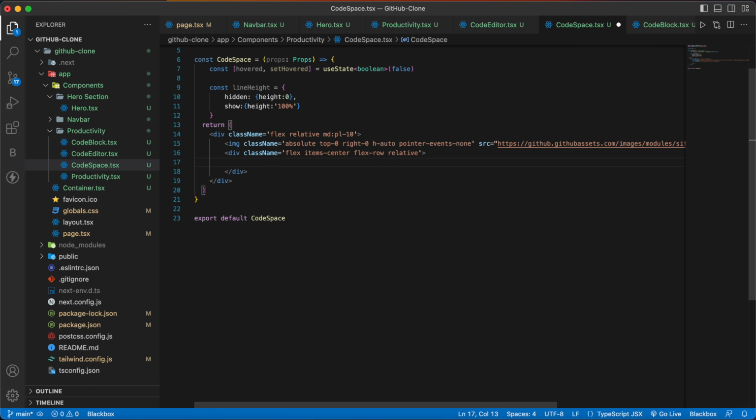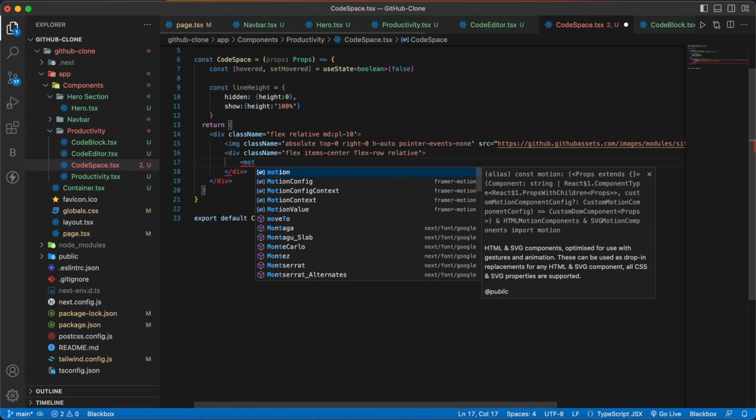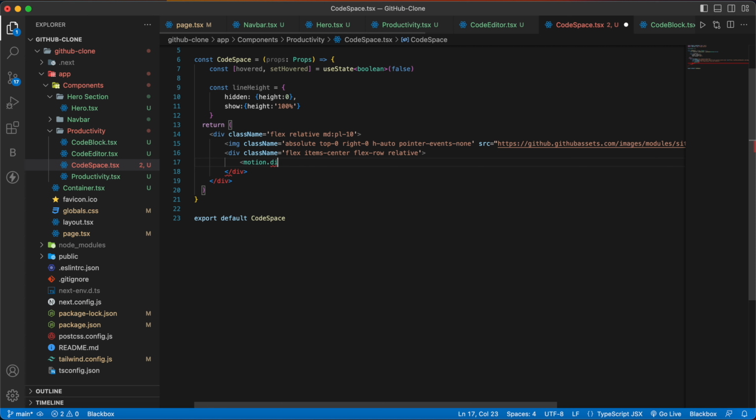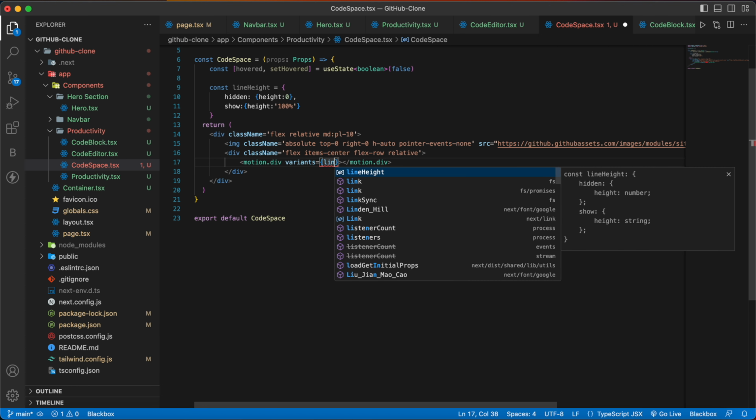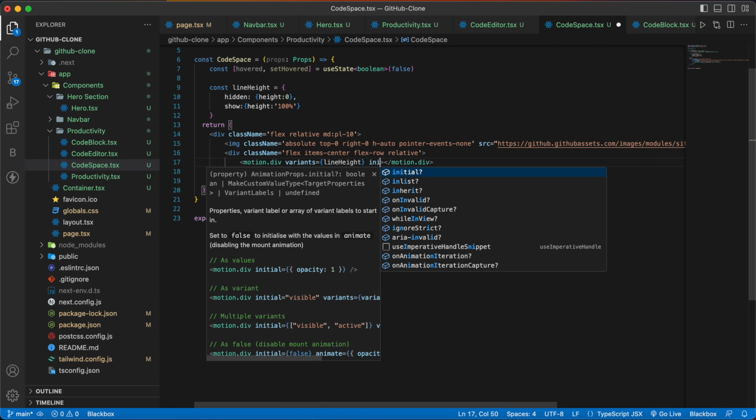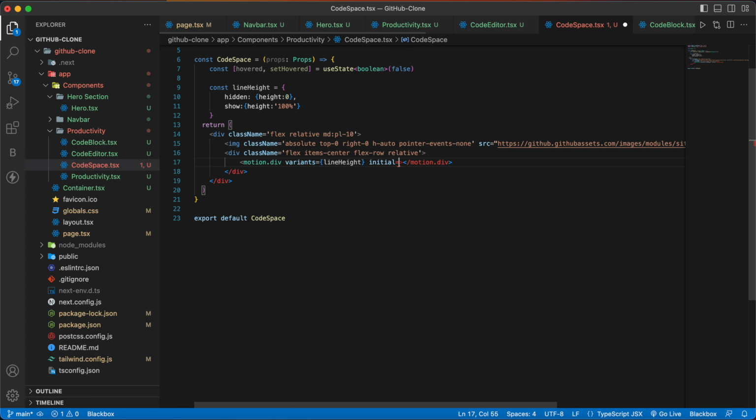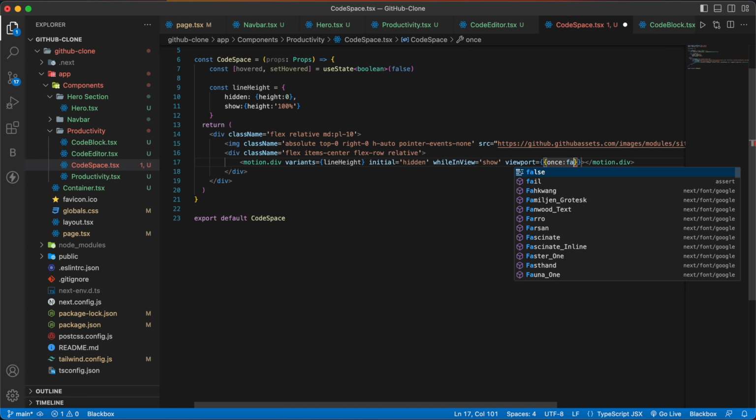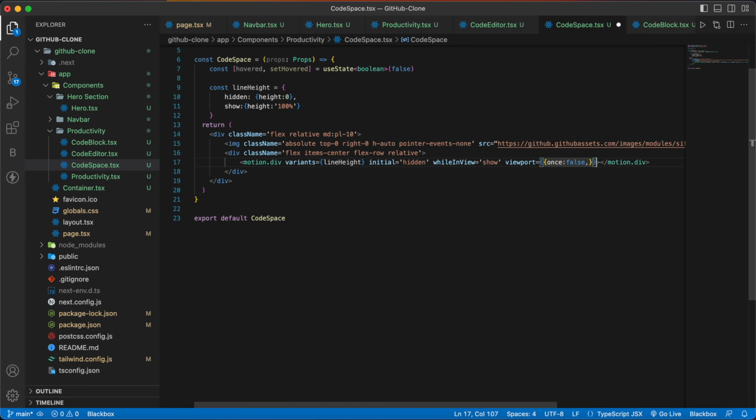Inside this div, we are going to have our motion.div, and inside that we are going to provide variants is equal to lineHeight, and initial will be hidden, and while in view it will have show, and then viewport will be once true, once false, and then transition will have a duration of